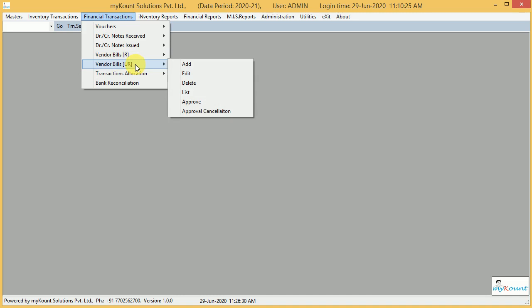For example, Hamali charges. Usually Hamali workers don't have any GST number. Hence we generate one bill here. So this is nothing but self invoice raising with or without the reverse charge tax mechanism. So these are all the financial transactions, and all these transactions are useful for all kinds of businesses.